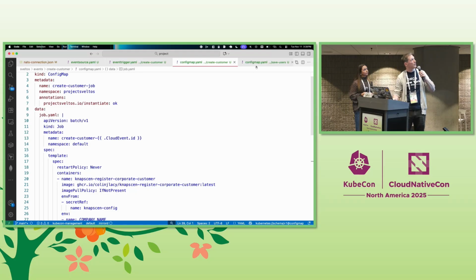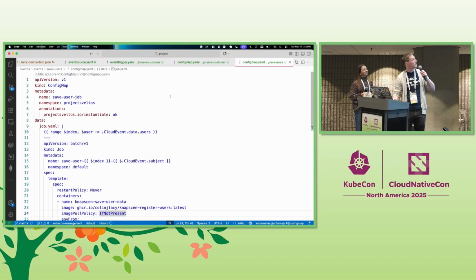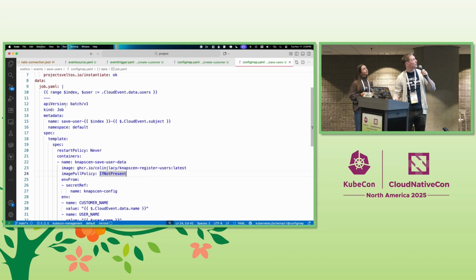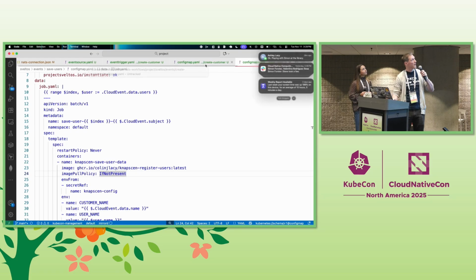Okay, how crazy can we get with this? Well, in this one, I'm actually iterating over a list, and I'm creating a job for each user that comes in over this cloud event. All right, so you can use everything that's available in typical Golang templates within this resource definition. But not just